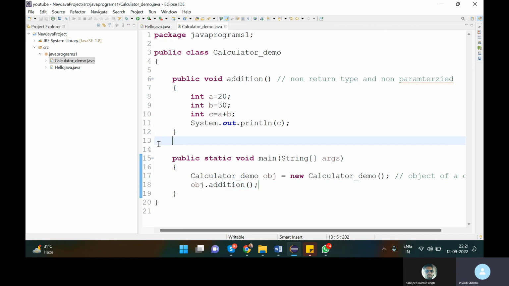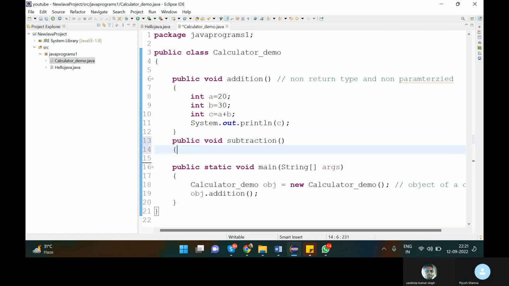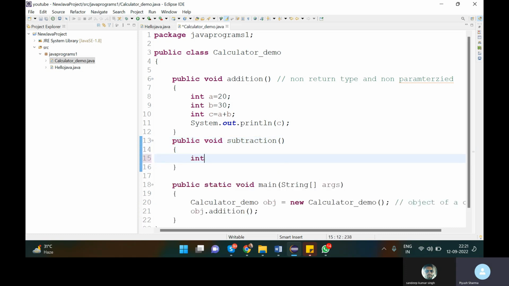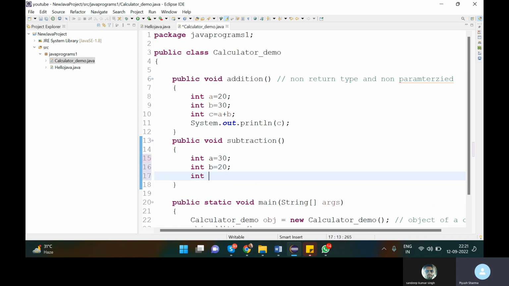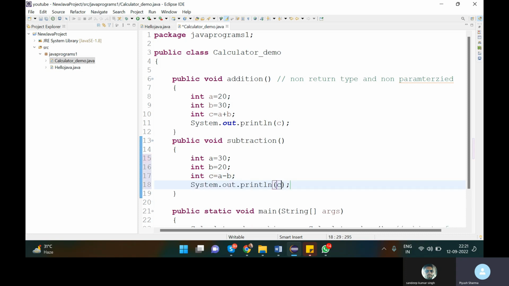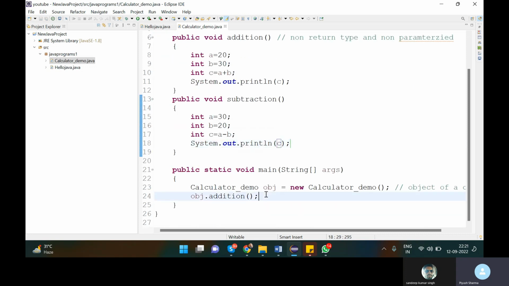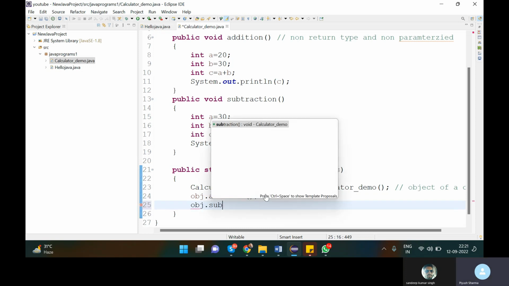Suppose you have another method, public void subtraction, with int a equal to 30, int b equal to 20, and int c equal to a minus b. The output will be c. Now you can call obj dot subtraction.